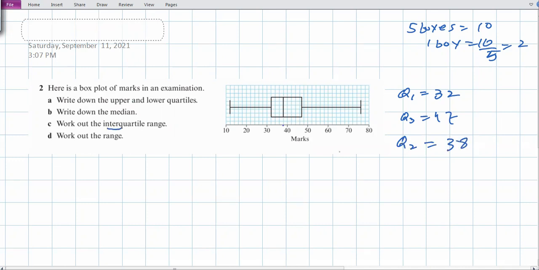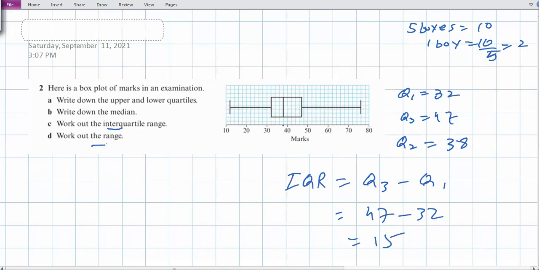Then work out the interquartile range. What is the interquartile range, IQR? It is Q3 minus Q1, which is 47 minus 32. That is 15. Okay. Then work out the range. Now range, you know, is the highest minus lowest. This is the highest value. What is this one? 76. So range will be equal to highest value minus lowest value. This is the lowest value, 12. So the range is 64. Okay. Now till this one, you should